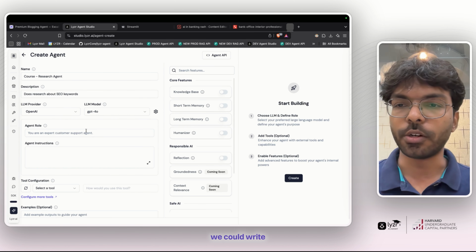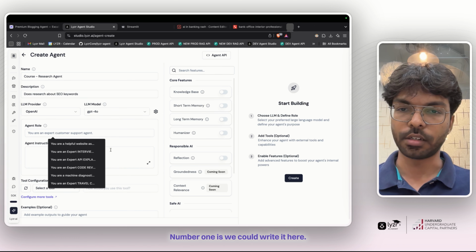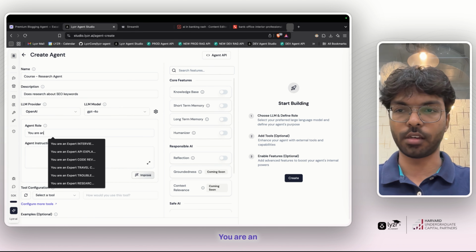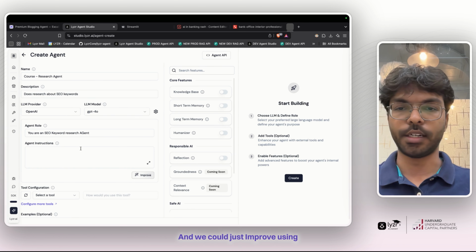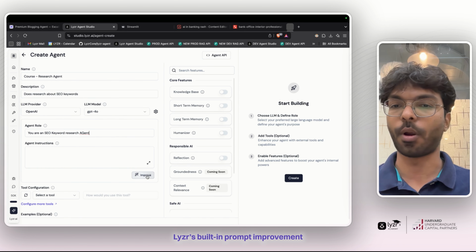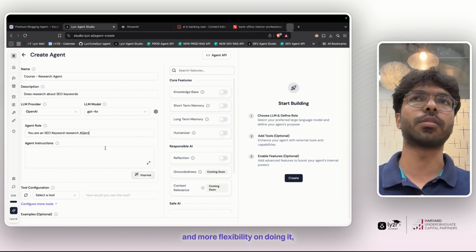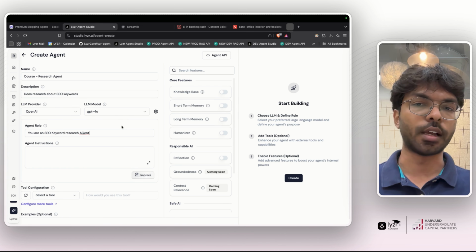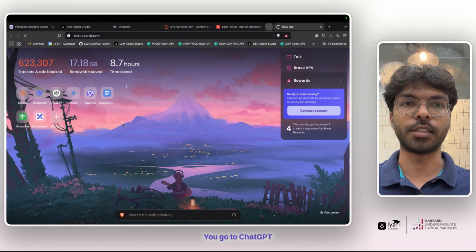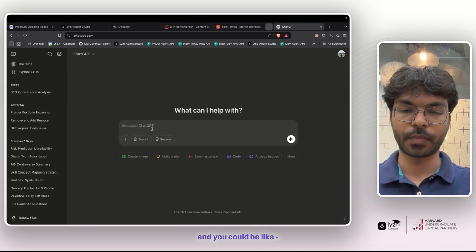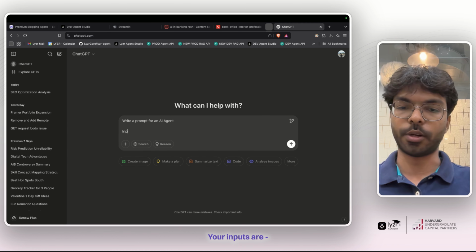There are two ways we could write the agent role and instructions here. Number one is we could write it here, you are an SEO keyword research agent, and we could just improve it using Lyzr's built-in prompt improvement mechanism. But if you want a more foolproof way and more flexibility, one way is to use Claude or ChatGPT, for example. You go to ChatGPT and you could say, write a prompt for an agent. Your inputs are